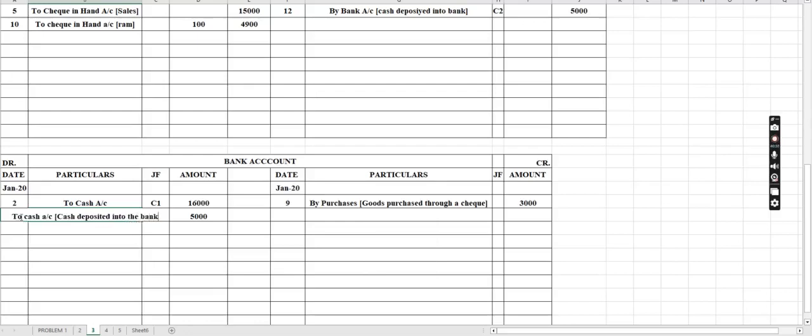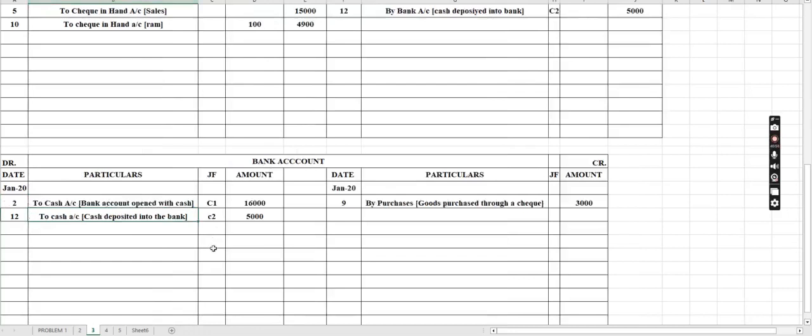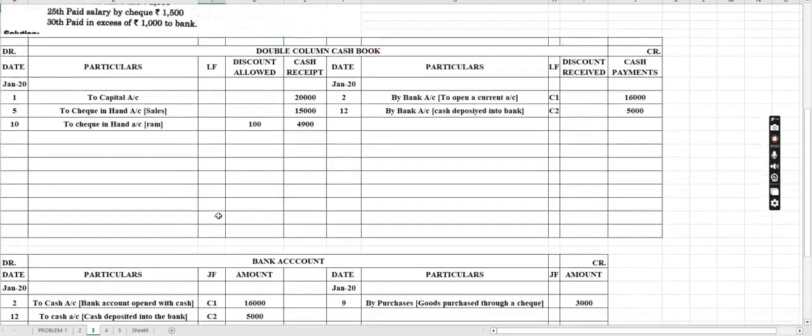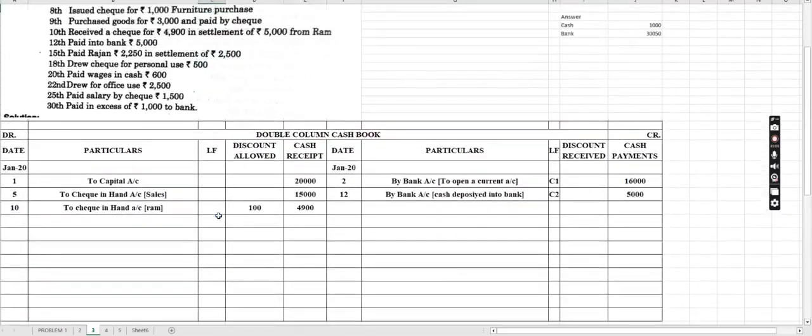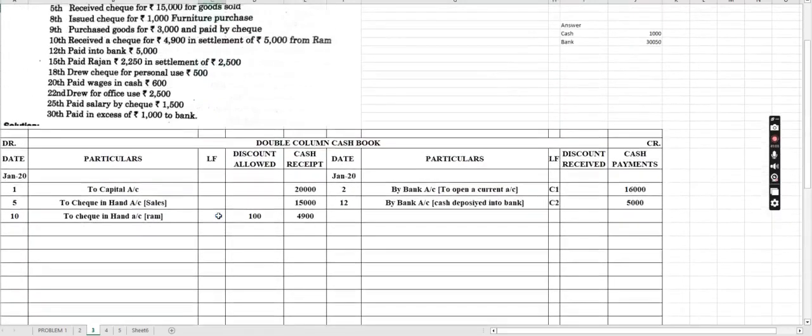Okay. Previously how it has come? Bank account opened. That was not cash deposited. That is bank account opened with cash. So that's why. When you open a bank account, that amount will be deposited into your bank to maintain a minimum balance like that or something. That is what we call it as a cash deposit or to open a bank account. Okay, next here,